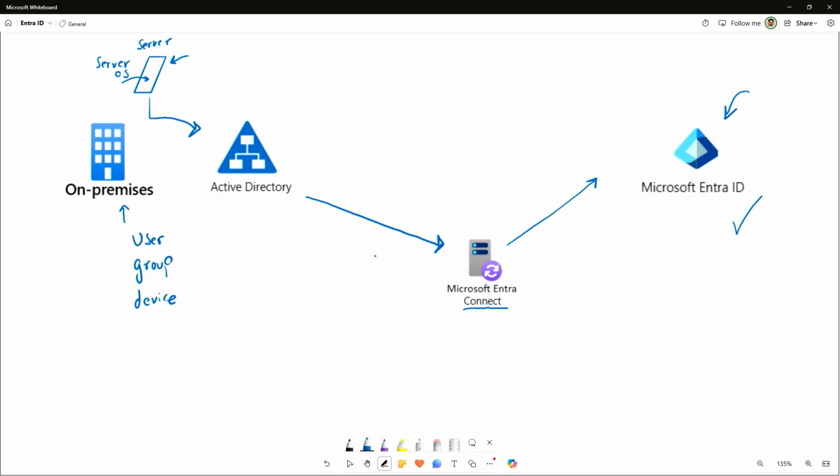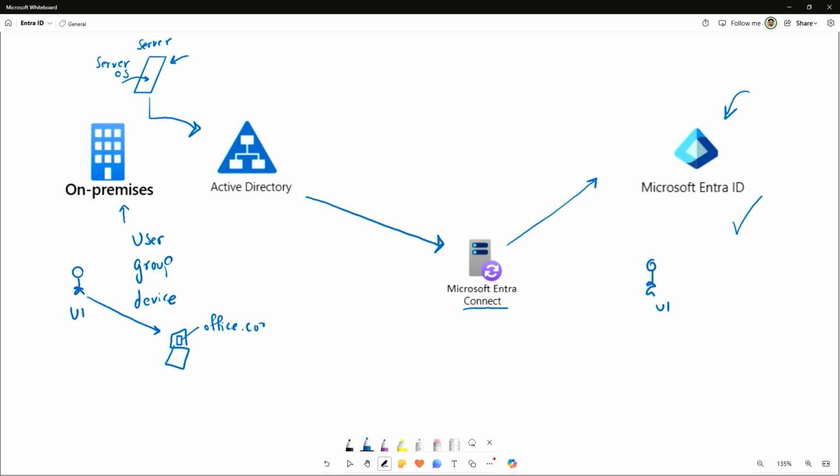Again, depending on the type of methods that you choose, that means anything that I have on-prem can now be seen in the cloud. For instance, if I go with an example of a user one that existed on-prem, this user will then have a hybrid identity and they will also exist in the cloud as well. This means that while they log into their device on their laptop and use the login name details that they use on-prem, they will be able to sign into the device. Once they are signed into the device, they can simply open a browser